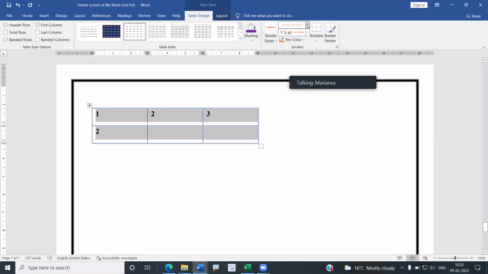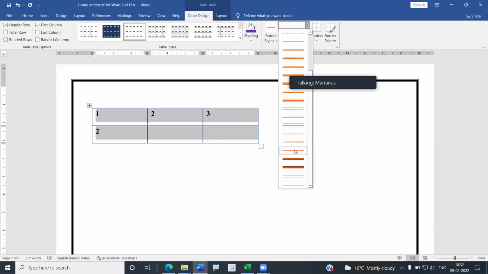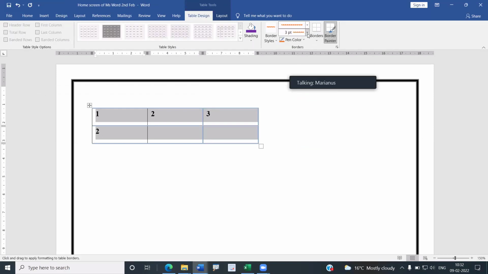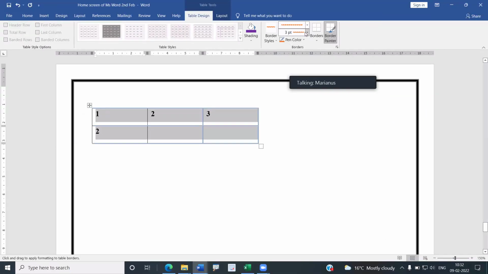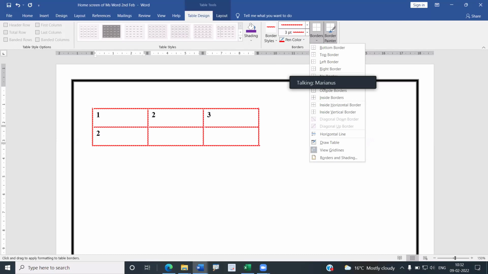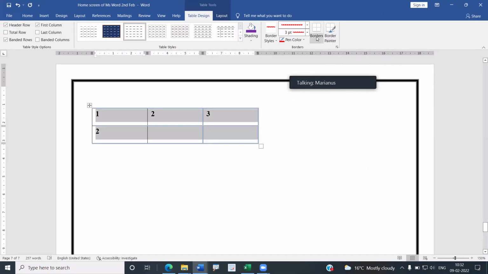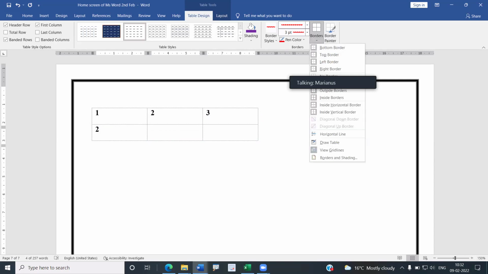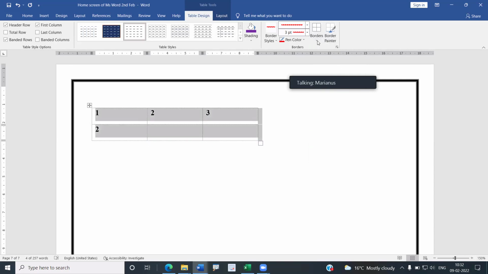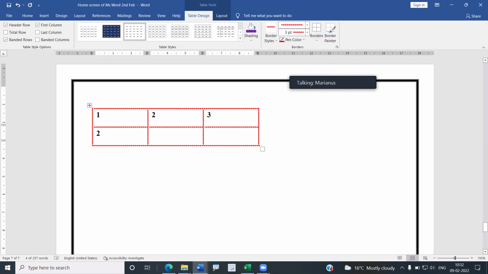यहाँ से हम line style ले सकते हैं. There are different types of line style, right? Then from here we can select the size. यहाँ से हम size select कर सकते हैं. For this we can only give this much, and pen color. What color we want to fill? Let's say red. And from here we can select where we want to apply. Let's say we want to apply in all borders. See, as you can see here, all borders. When I say all borders, the color is applied, right? The color is applied. See, as you can see here, the color is applied.